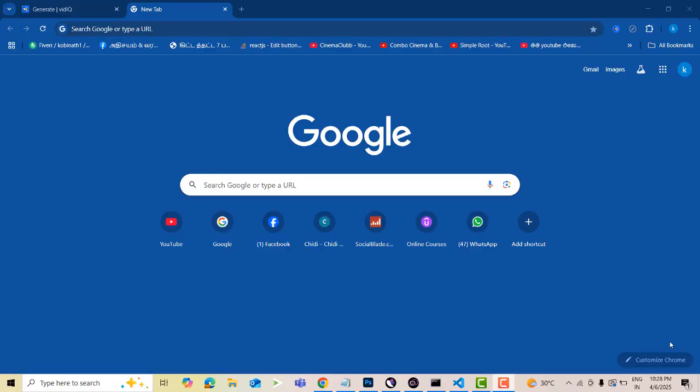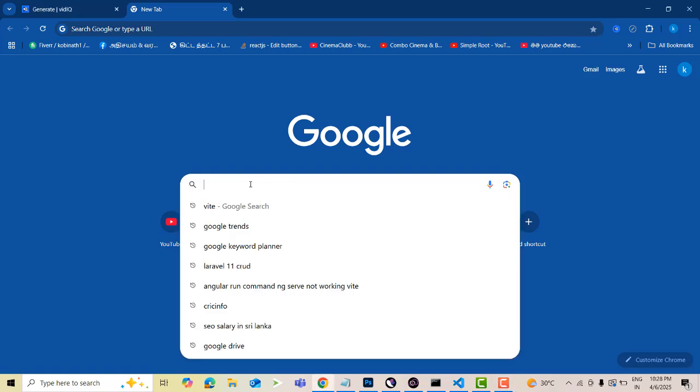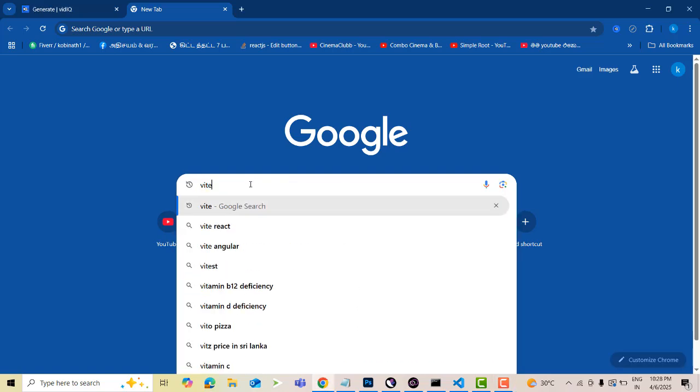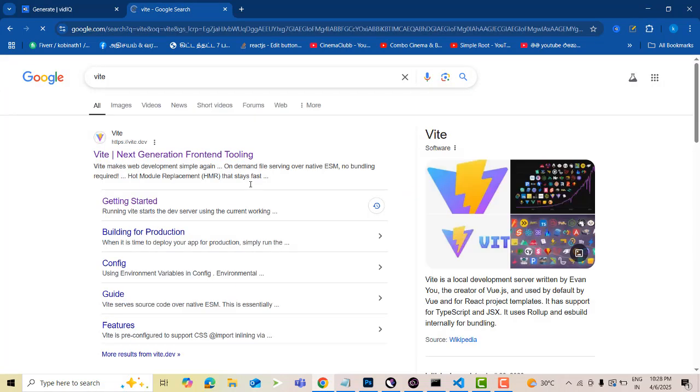Today I am going to teach how to install Angular 19. So, how to install Angular 19? First, you have to go to Google and type Vite. Instead of installing Angular from its official website, you have to install it using Vite. It is very easy to install. If you are a React developer or a Vue.js developer, we install front end apps using